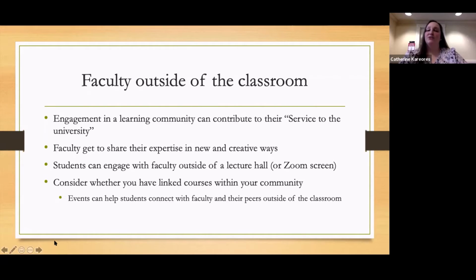And especially for our first year students, having a professor in that kind of light can really make it a little bit less intimidating, especially for a student who's gotten used to those large lecture hall classes, even more so for those Zoom classes where students aren't actually able to interact with a professor face to face.